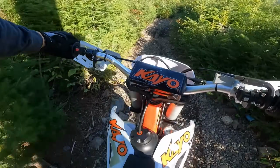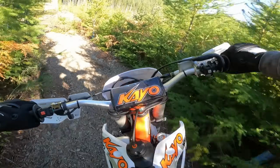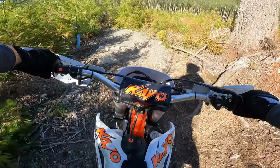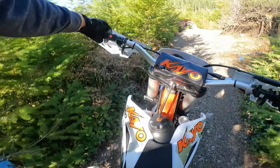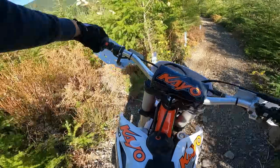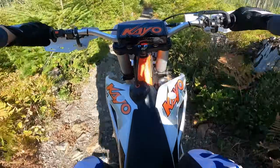So first off, the rear brake from factory was spongy. I had to bleed the rear brakes and get all the air out of there, which is kind of frustrating when you're buying a brand new bike from the dealer. And that's maybe more on the dealer not going through their bike, but also the bike was shipped like that. I don't really know who's to blame, but that seems kind of crazy that I'm having to do maintenance straight